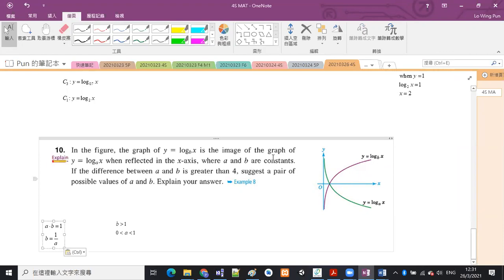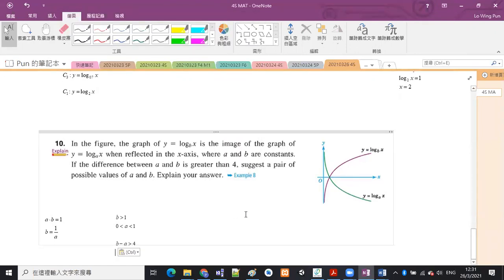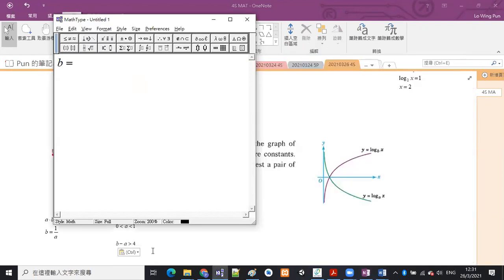Then the difference between a and b is greater than 4, which means that the larger one minus the smaller one is larger than 4. And then you just suggest a pair of possible values of b and a. b is the larger one, b is larger than 1, and a is smaller than 1. It is very simple. If you want the difference to be larger than 4, you just put b as 1000. If b is 1000,